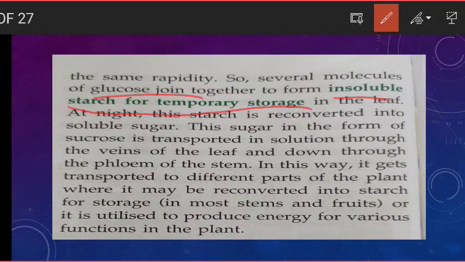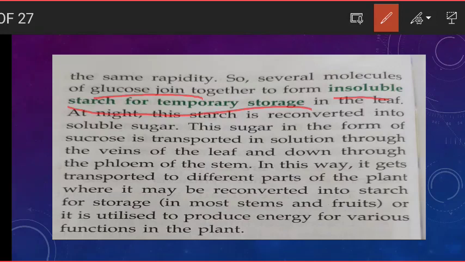Remember, after photosynthesis there is a formation of glucose, but some part of the glucose is utilized by the plant itself. But not all the glucose gets utilized at that time. So many molecules of glucose join together to form insoluble starch,